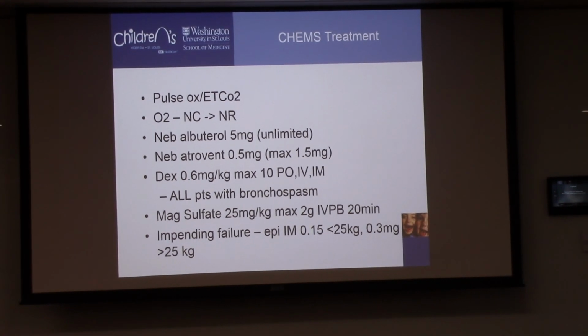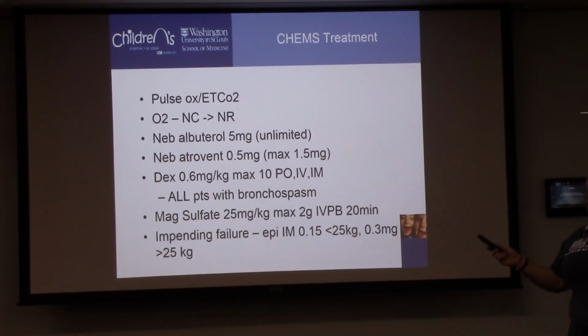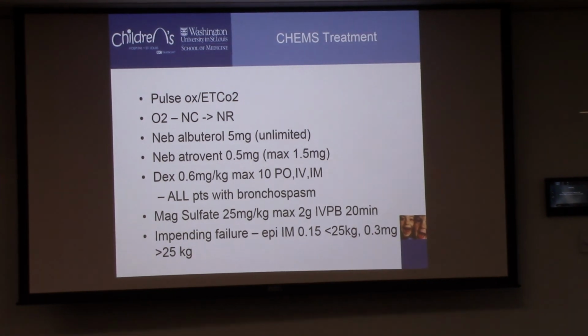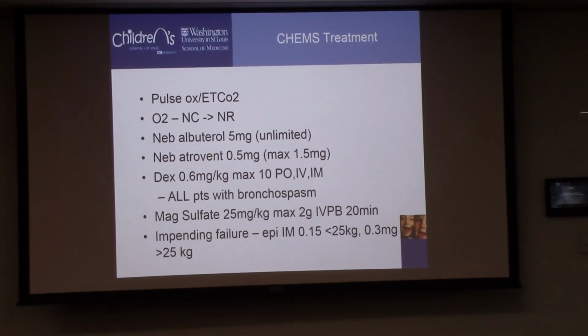Mag sulfate, so if you're getting to the point where none of this is working and they're not turning around quickly, then we can get into our mag sulfate administration. We do need an IV, so up until here, you don't need an IV, okay? Everything else you can give PO. If you're going to get into the mag sulfate, at that point in time, it's 25 milligrams per kilogram, which sounds